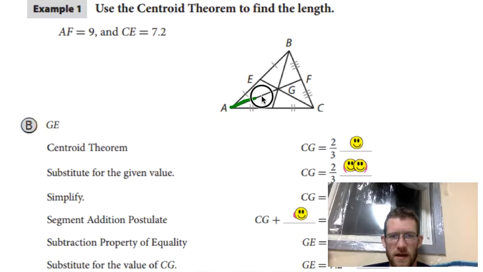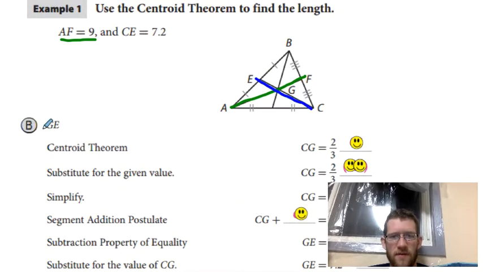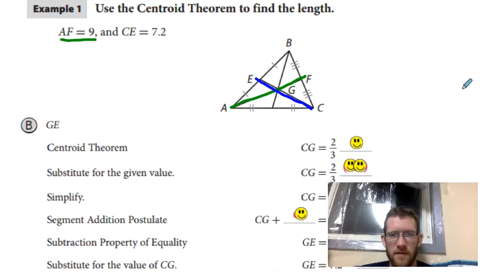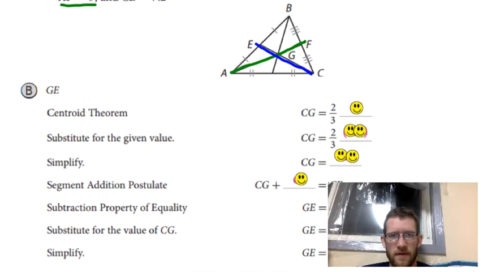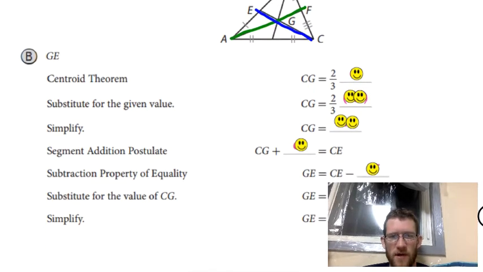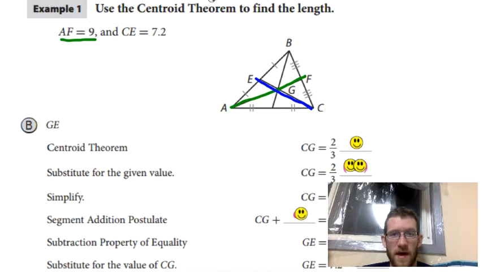AF is 9. There won't always be 9, I promise. And CE is 7.2. Okay, now we need to find length of GE. So G to E. Now we know that G to C is 2/3 of this total distance, right? So they're going to get kind of complicated on us here. And we can go through all the steps if we really want. But most of you should be able to skip right ahead and realize that